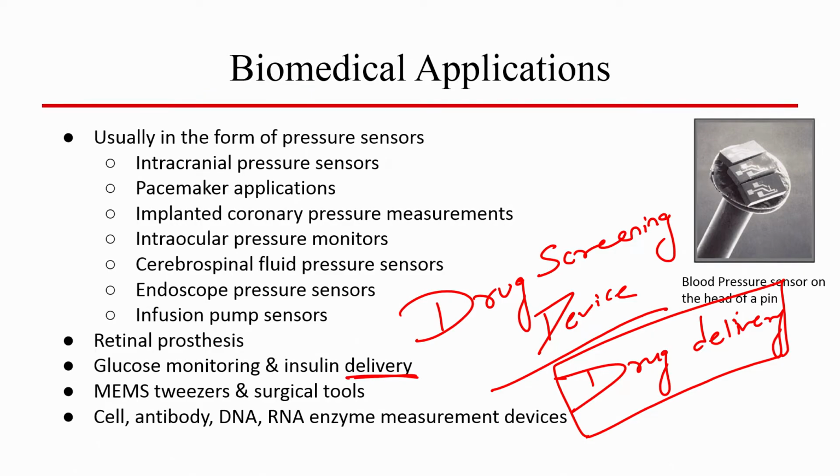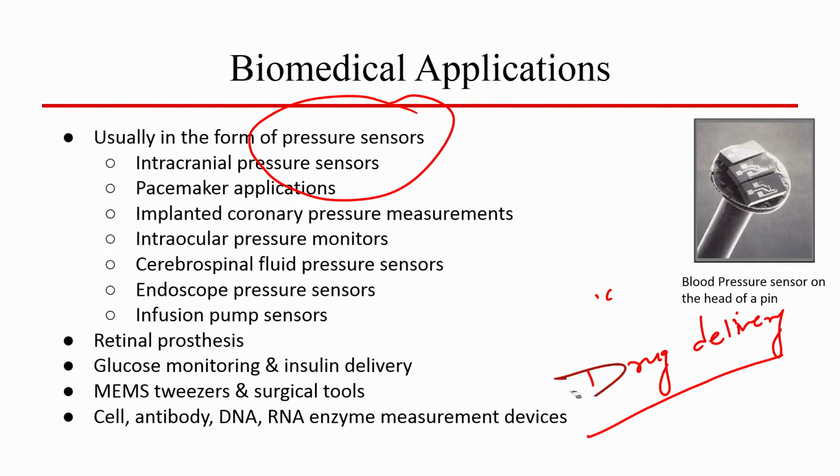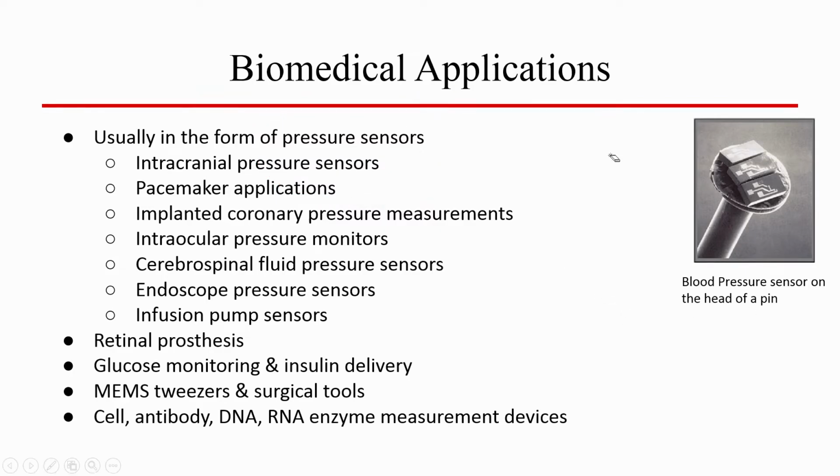So, we can understand the cells, that is what is written: cell, antibody, DNA. Now, what is this antibody thing? Let us take an example that will make our life easier. Let us take an example of a pressure sensor, then an example of cell based screening, and then an example of an antibody for measuring a very important bacteria, which is E. coli.